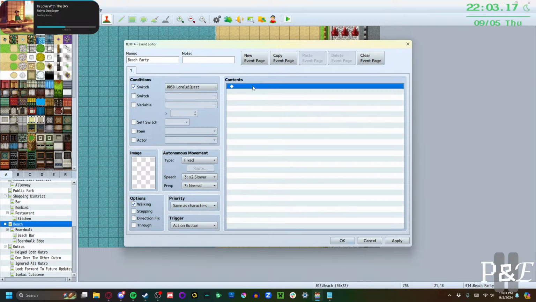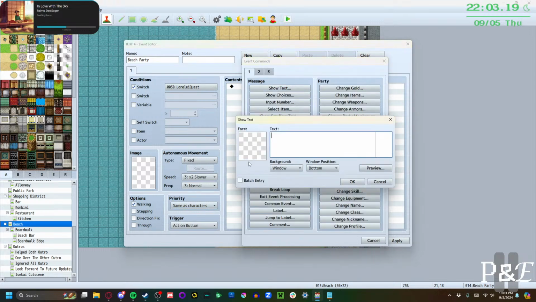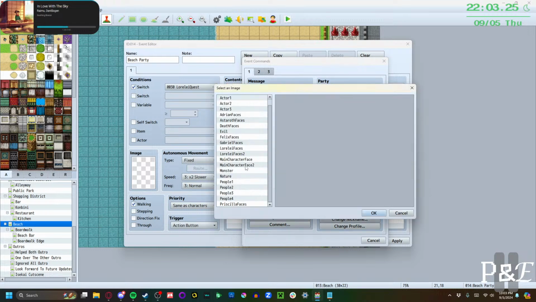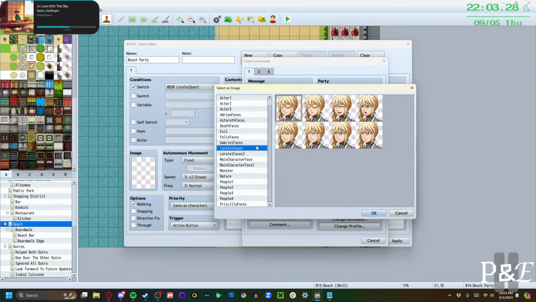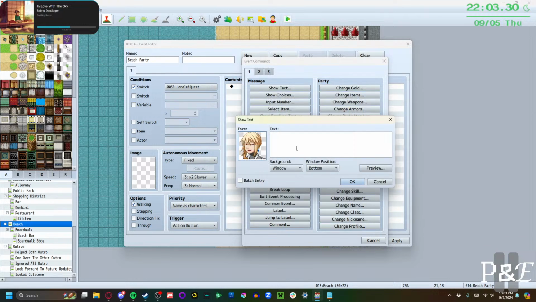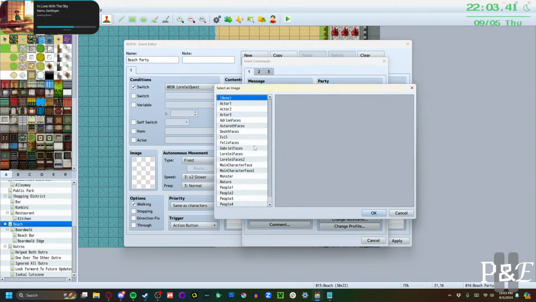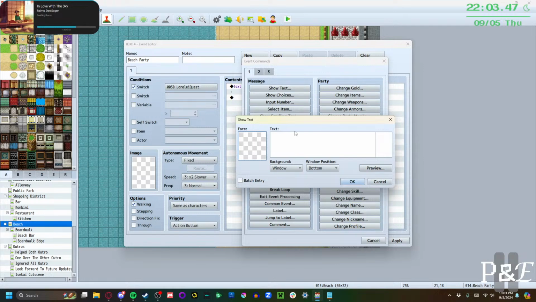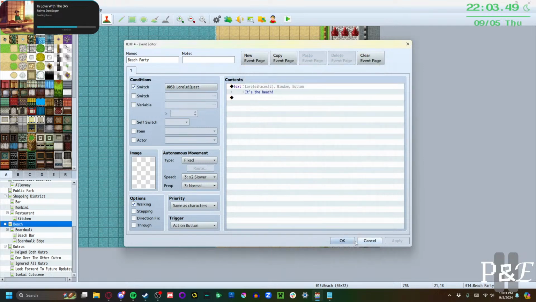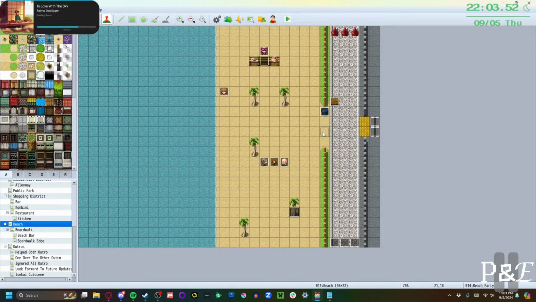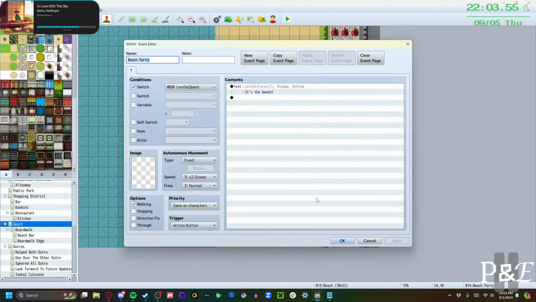Same as characters. It's the beach. Actually, I have an idea. And then once I'm done setting up this,